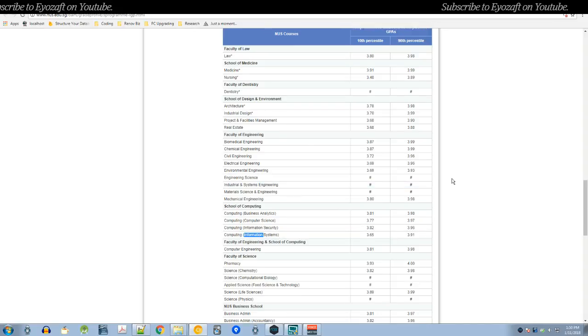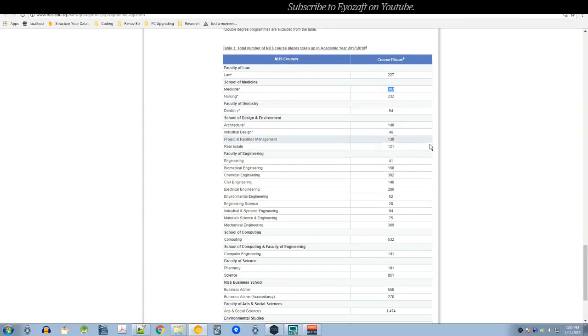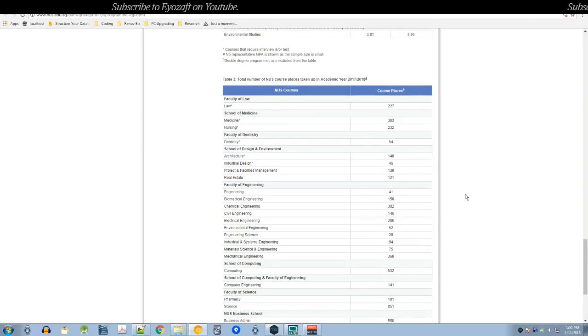One look across. The next thing to see is probably the cohort size. Medicine, they take in 300 plus people in the year of 2017 to 2018. I guess that would be 2017. Science, they take in 800 plus people. Of course, the numbers are figurative. Engineering has the most amount of people, followed by arts and social sciences. I guess recently they increased the amount of slots in medicine due to the so-called aging population. You need more doctors around,